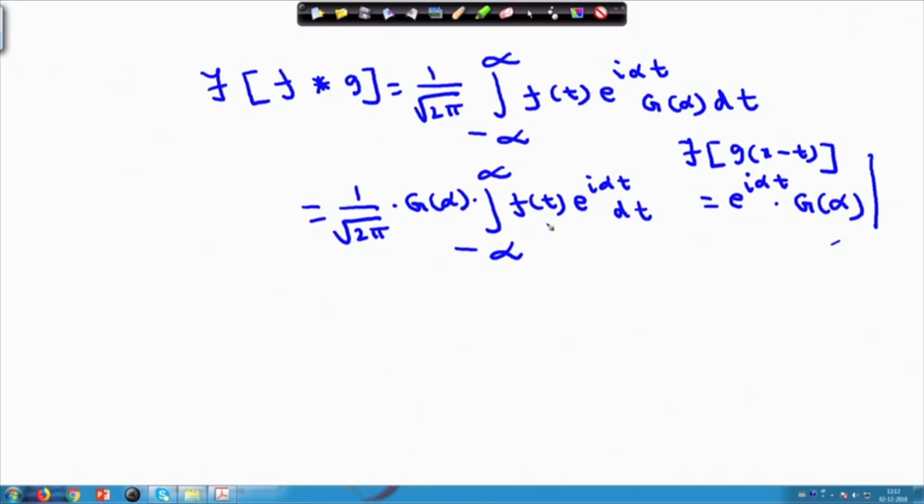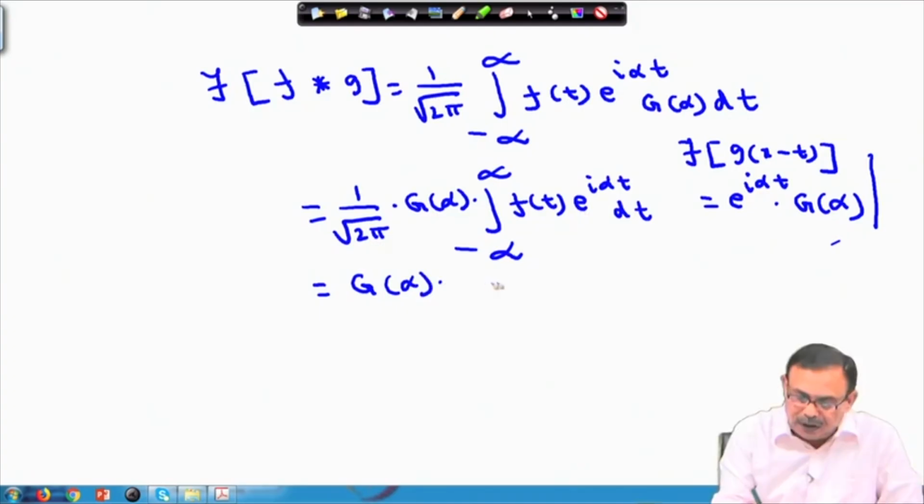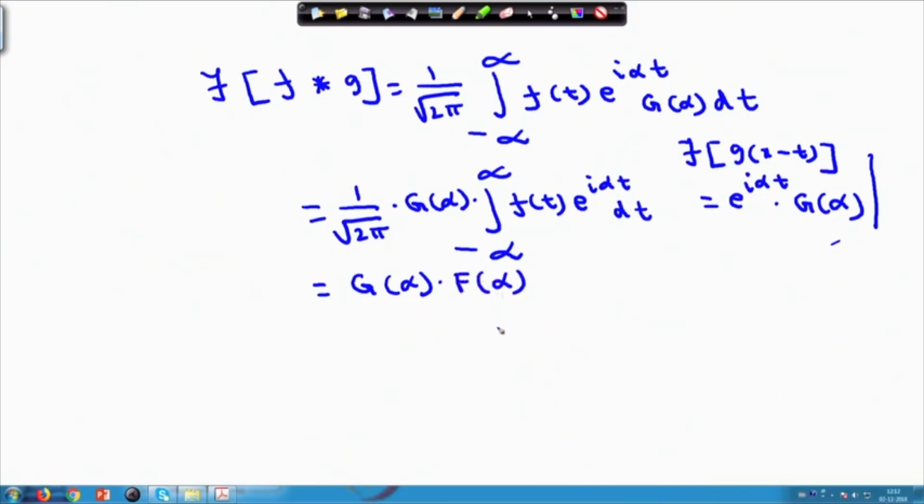And this one, 1 by root 2 pi minus infinity to infinity f t into e power I alpha t, is nothing but f of alpha, which is the Fourier transform of f. So, I can write this equals f alpha into g alpha,